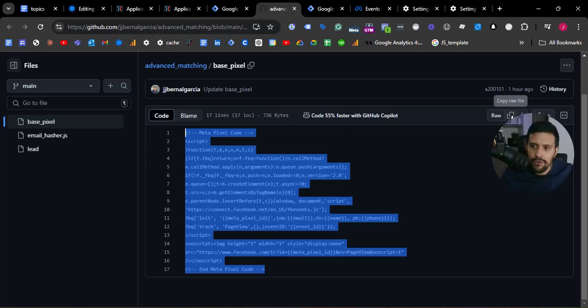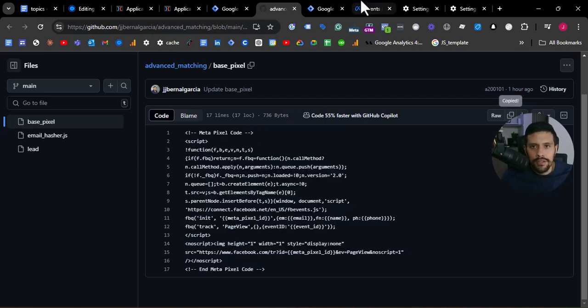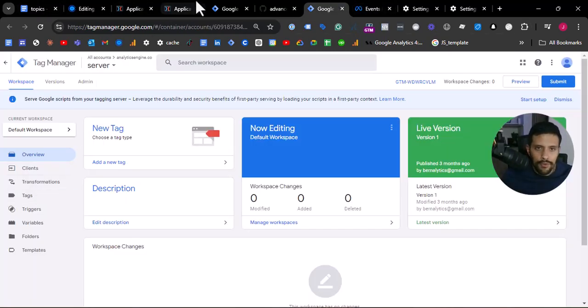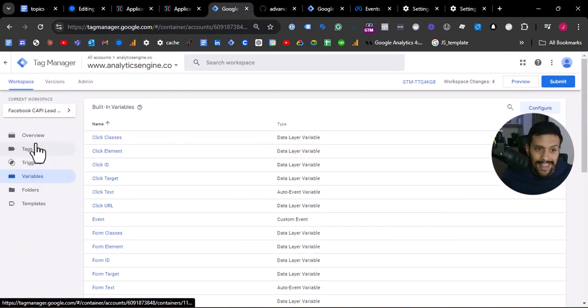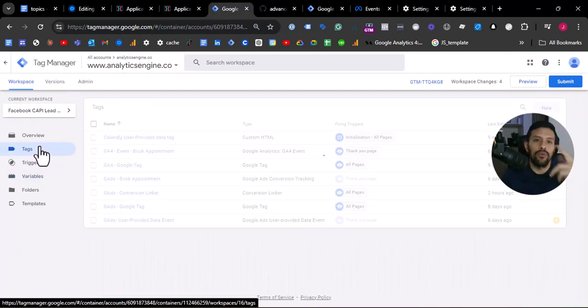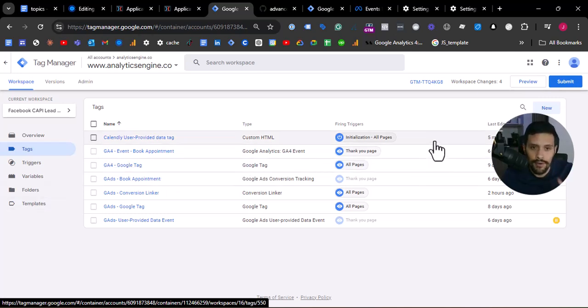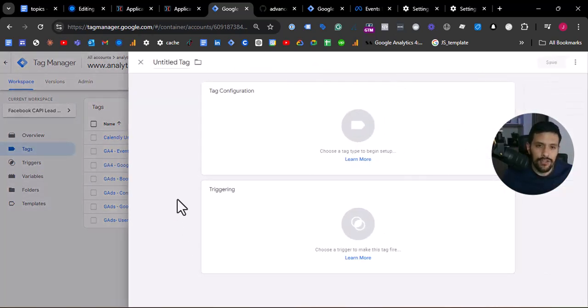Actually, there's a button that can do that for me. Sometimes the keyword fails. Let's go to the client-side container. We are going to work in the server-side container later, but all this section is client-side container. All right, let's name this Facebook base pixel,